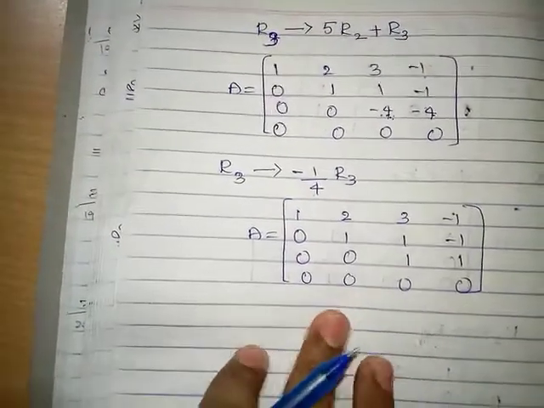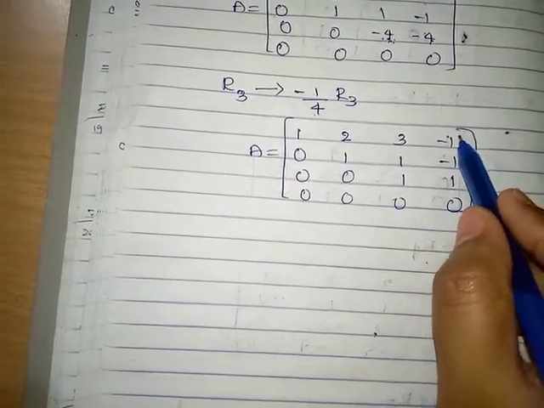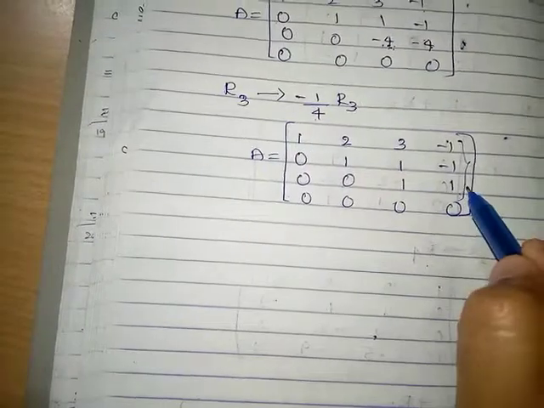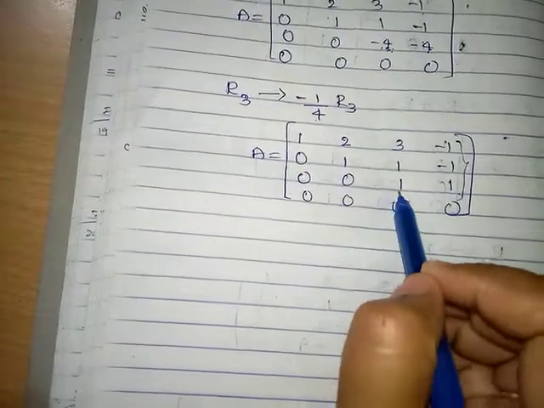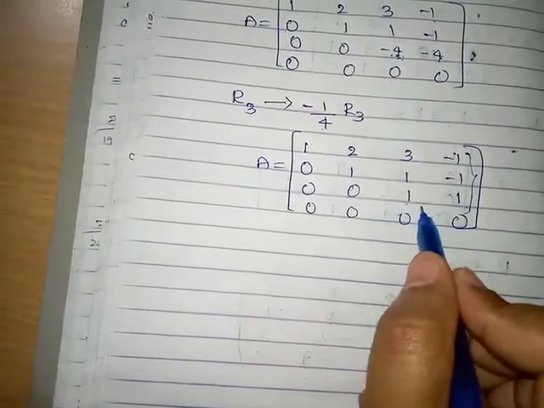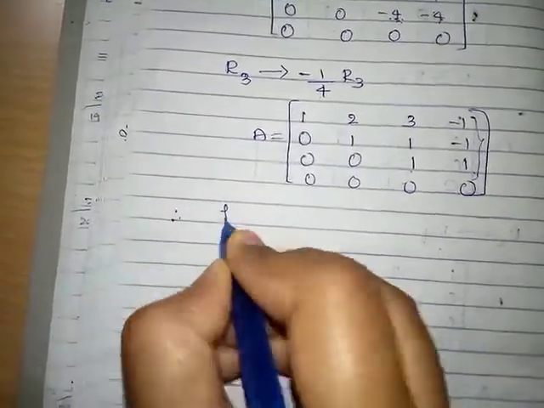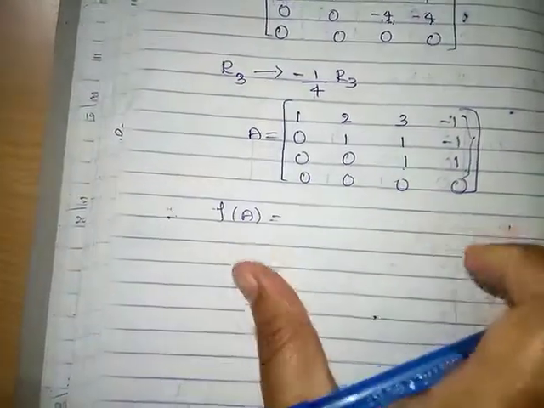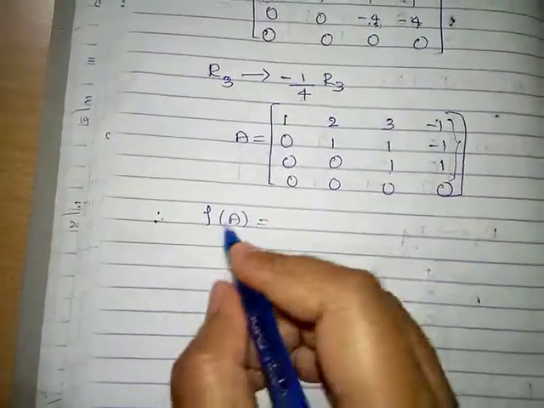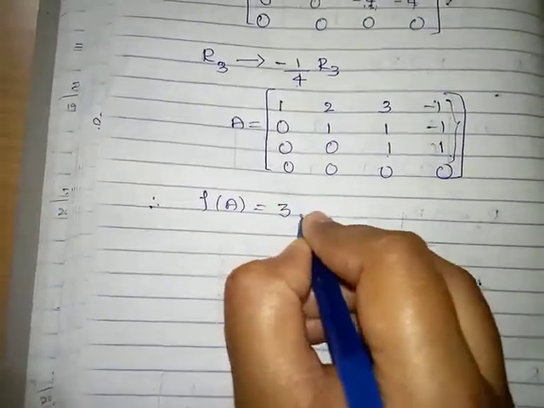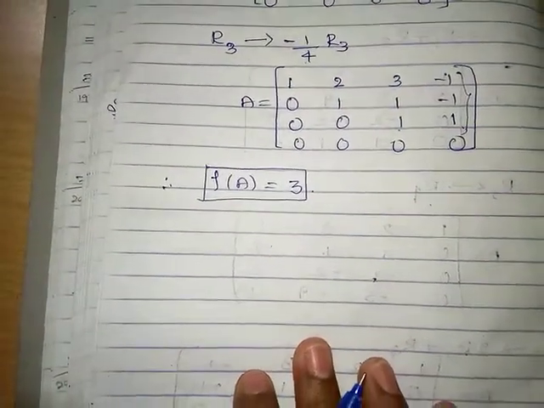See, this matrix is in echelon form, and the number of non-zero rows is 3, and the first non-zero entry in each non-zero row is 1, so we can conclude that the rank of this matrix is 3. It is not necessary to write that sentence; you just have to identify how many non-zero rows there are, then write rank of this matrix A is equal to 3. Like this you have to simplify the examples.